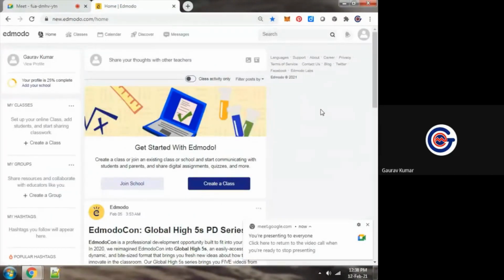This is a free platform for teaching and learning, and similar to Google Classroom and Moodle LMS, we can use it. As far as functionalities are concerned, Edmodo provides an additional role for parents also.